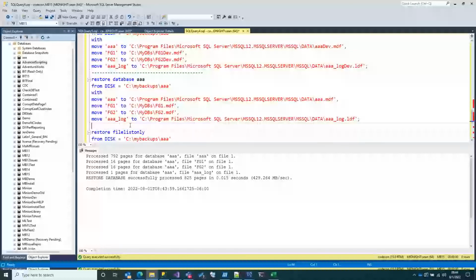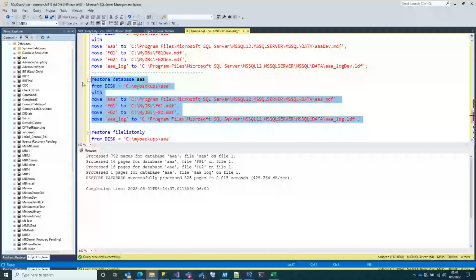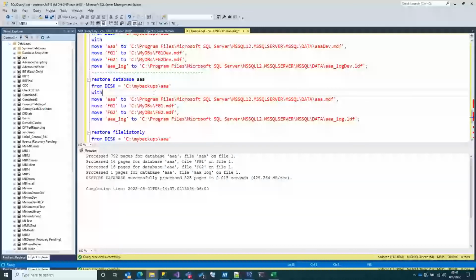So if I do this, huh, that is peculiar. It's not supposed to let me do that so easily. I'm not really sure why it's letting me do this,